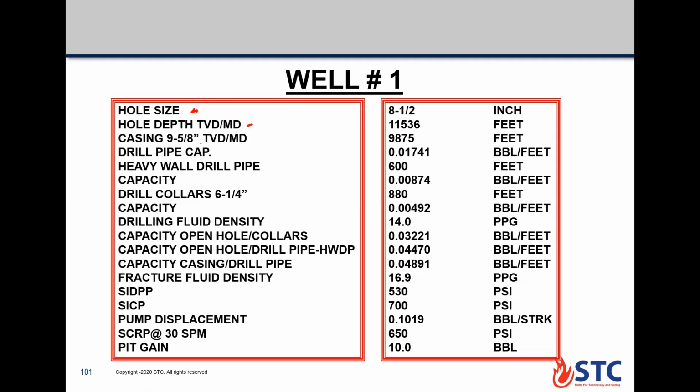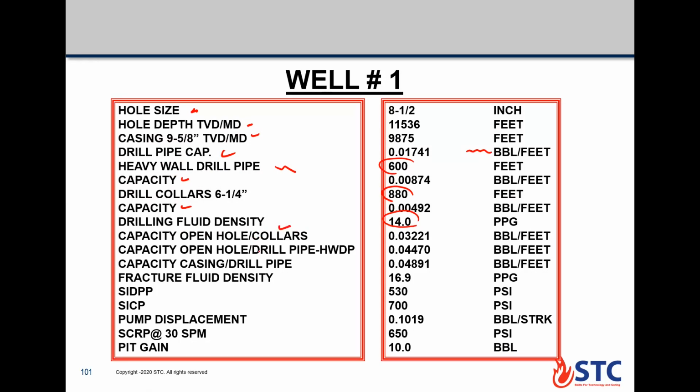So here casing TVD, measured depth, then here drill pipe capacity with unit per feet, and heavy wall drill pipe length, then its capacity, then drill collar length, then its capacity, then drilling fluid density or the current mud weight,